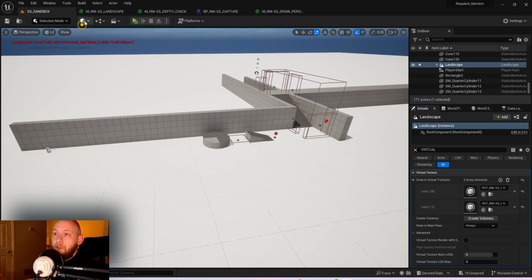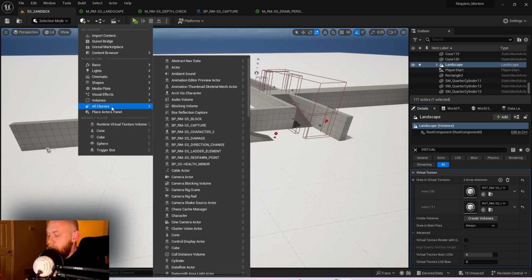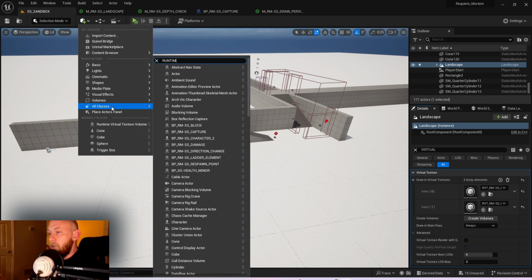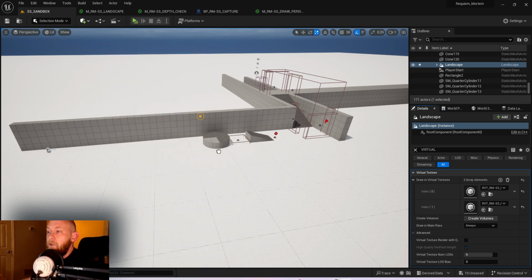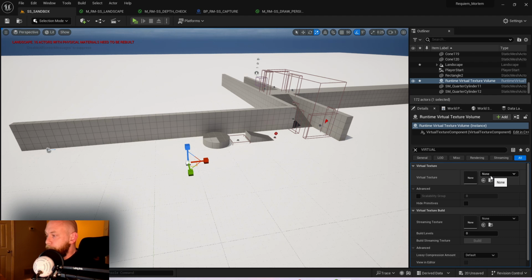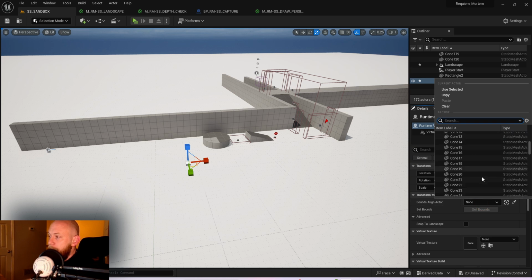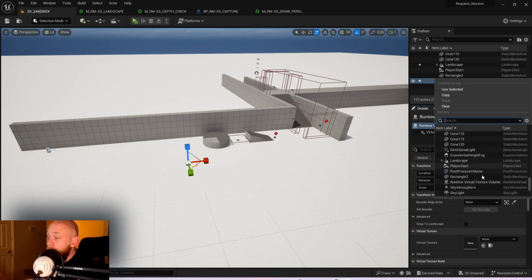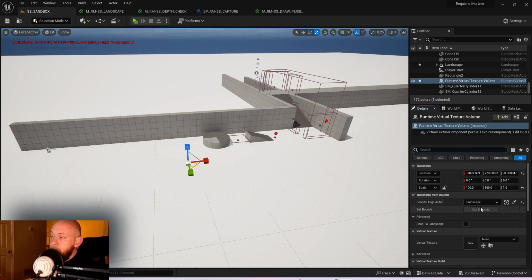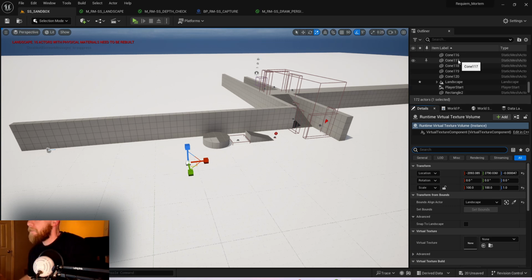So now what we want to do is add a runtime virtual texture volume. We'll just drop it in here. And we need to set the scale and the location. Now, sometimes you can set the bounds. So like I could come in here and select the landscape and set the bounds. I think the problem with this, somebody said that it was buggy and they didn't understand why. I think it has to do with